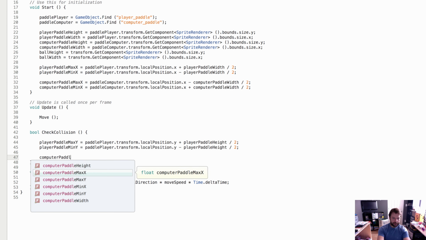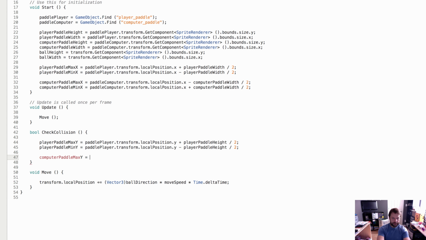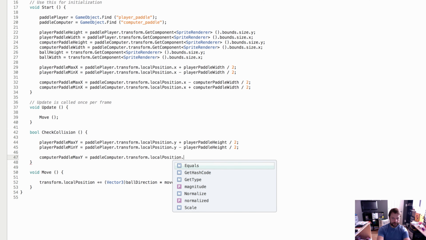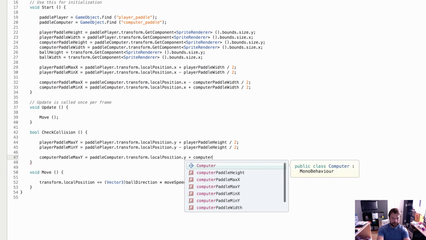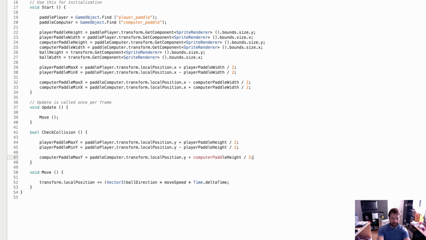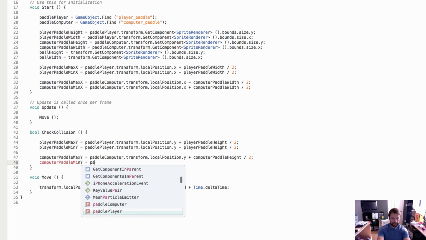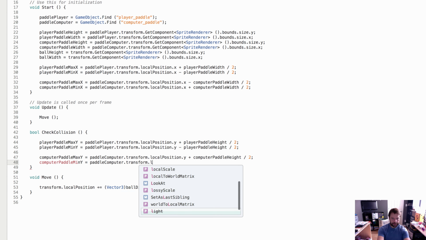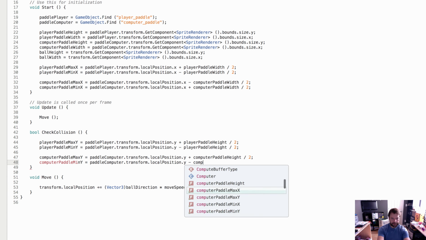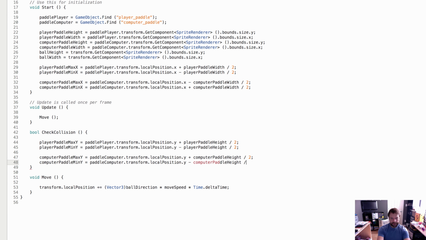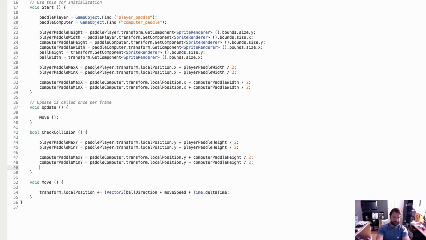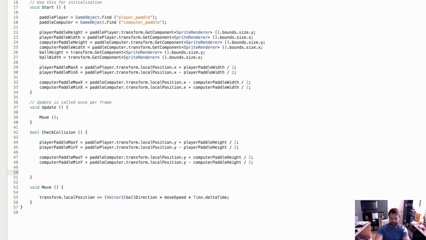So computerPaddleMaxY equals paddleComputer.transform.localPosition.y plus computerPaddleHeight divided by 2, and computerPaddleMinY equals paddleComputer.transform.localPosition.y minus computerPaddleHeight divided by 2. Okay. So now that we've got our variables set up, we should be able to start with our logic, right? So we have to check, so if